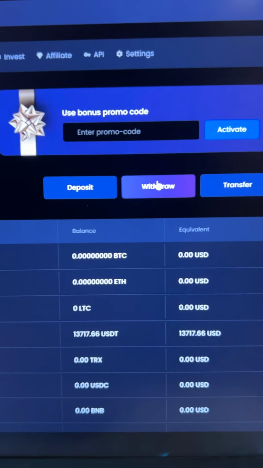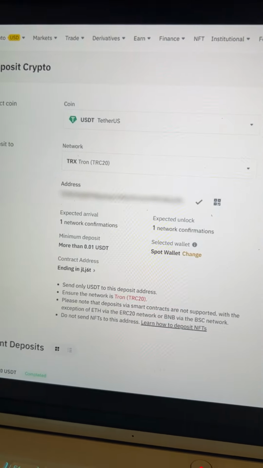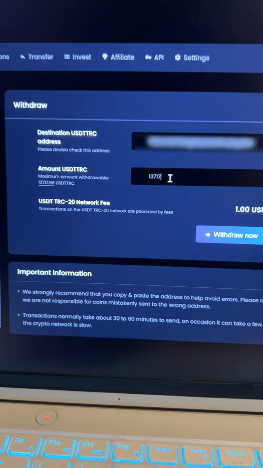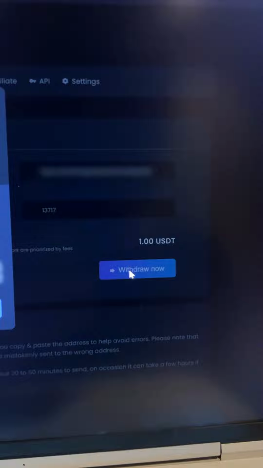Click on withdraw, select Tether. Go to Binance to copy your USDT address. Insert your address. Enter the entire amount for withdrawal. Please note the commission of the Bitokx exchange. Click withdraw now and wait for the confirmation of the